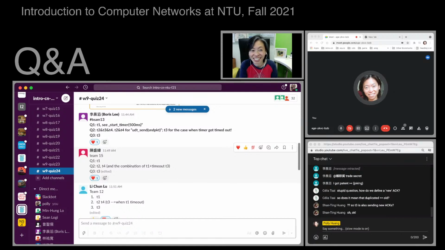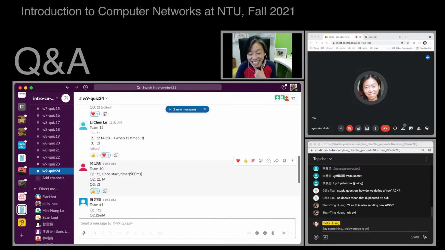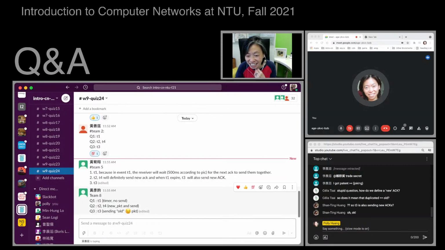Very good. Okay, good. I see you guys editing it as well. I think you guys are getting the receiver side of TCP's RDT as well. Sender side clear, now the receiver side.